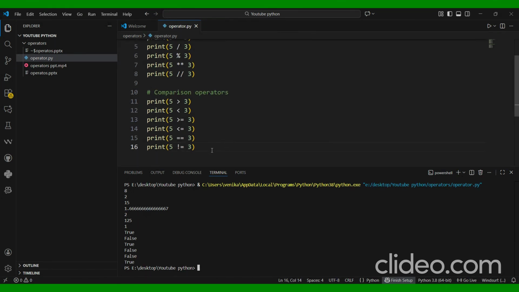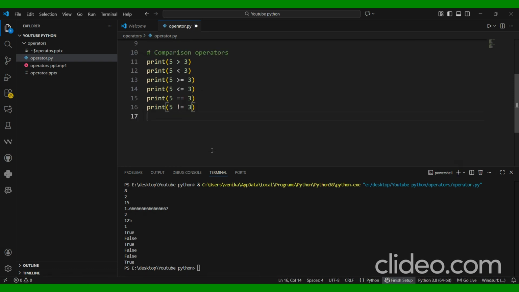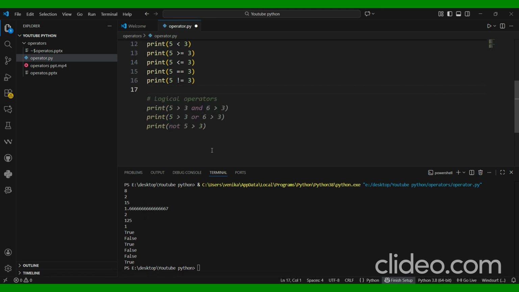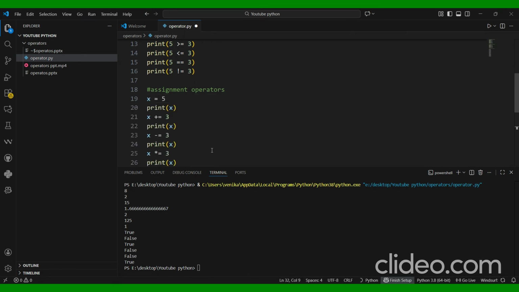Now the next set of operators. Logical operators we will do in the next session. We are going to do the assignment operators.